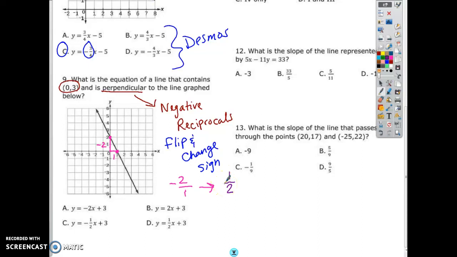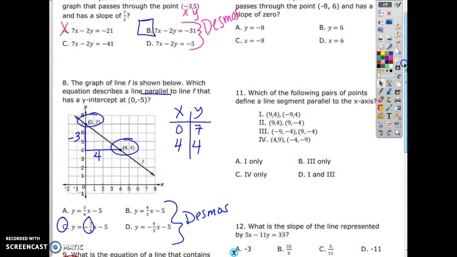So which one of these equations has a slope that is positive 1/2? Okay? The only one is D. That's going to be your answer, and it also has that y-intercept that we're talking about, 0,3. Okay? That's the easiest way I can tell you to do that problem. Make sure, don't forget, do rise over run. On problem number 10,